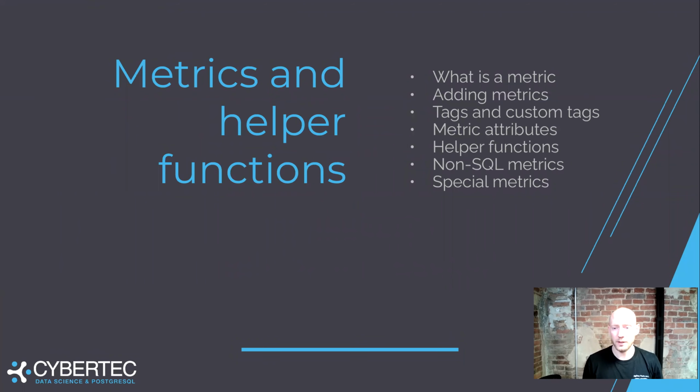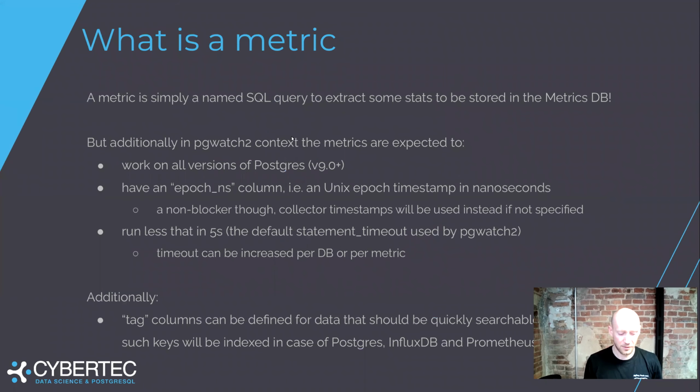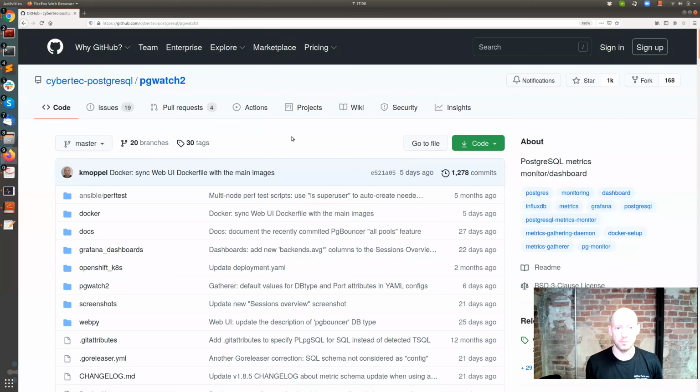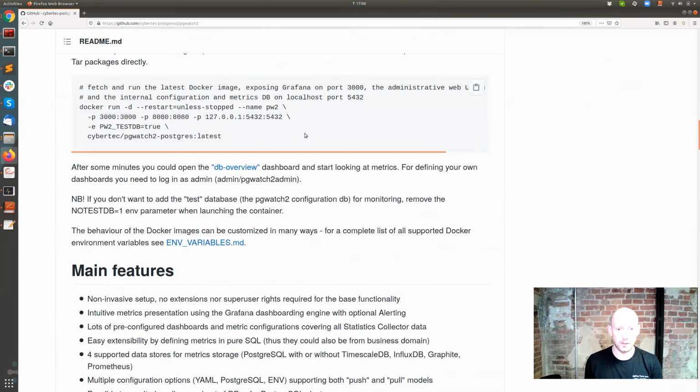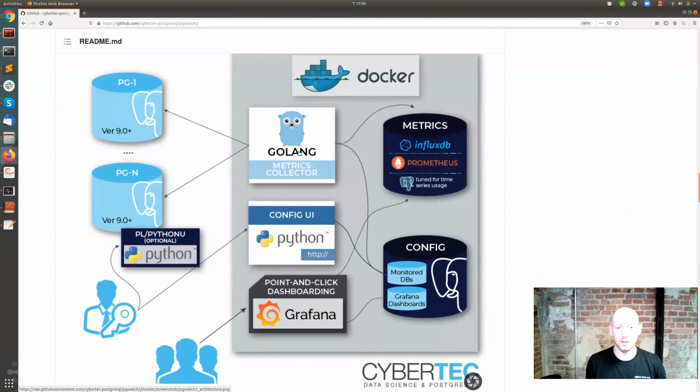So this is the topic list, and let's start with what is a metric in PGWatch2 context. Here there are some details in the slides, but I'm going to jump directly to examples. And so basically, if you look at this deployment diagram here,